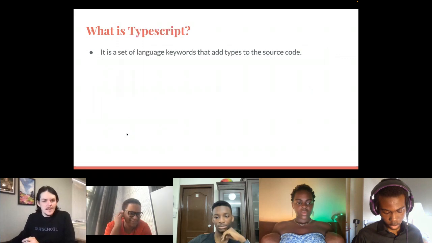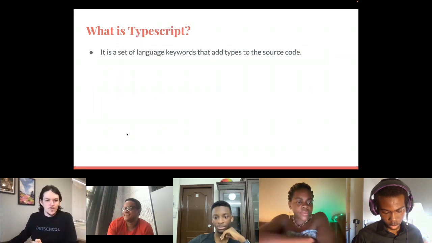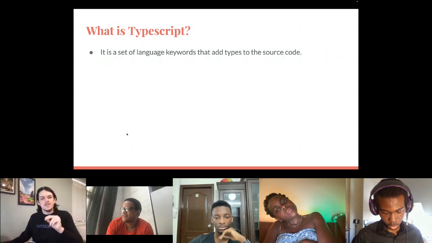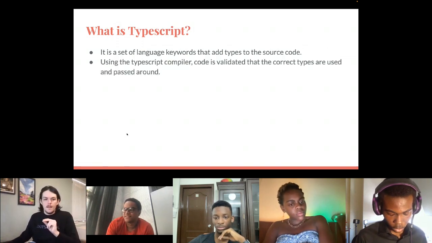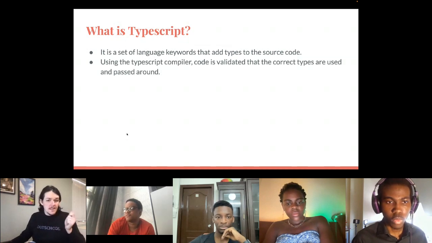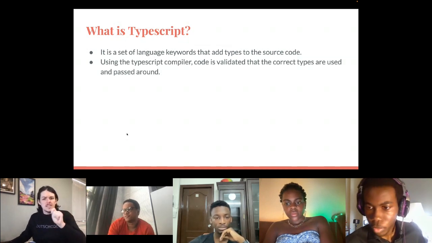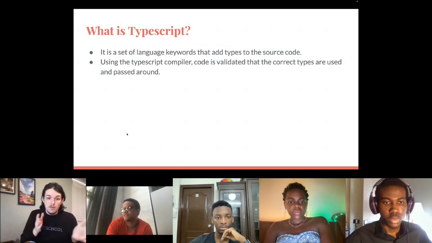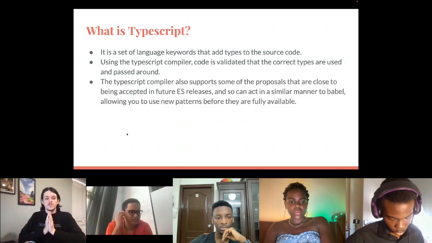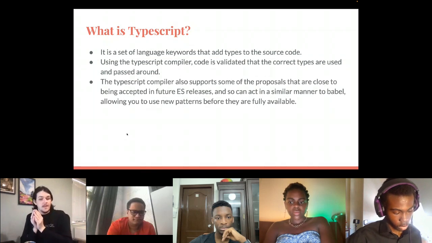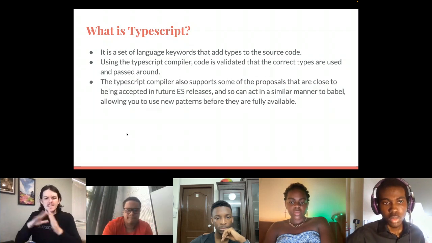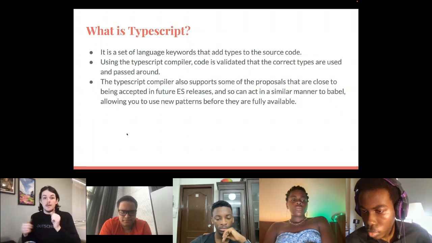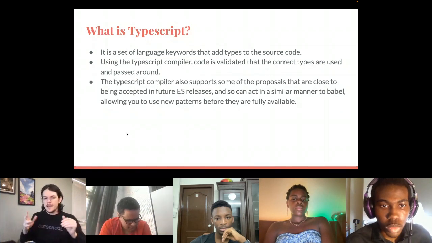TypeScript. Well, that's another build tool. You take language keywords and add types to your source code. And so using the TypeScript compiler, you can then validate that your code uses the correct types passed around. And it supports some of those Babel proposals that are close to being accepted in future releases. So it can be similar to Babel, allowing you to use new patterns before they're fully available. So that maybe you don't even need Babel anymore because TypeScript supplies